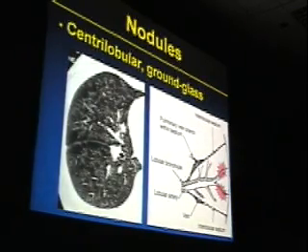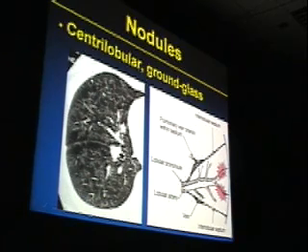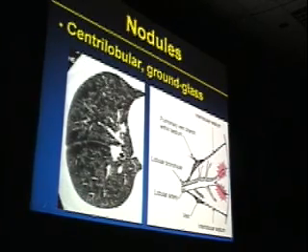This is a different appearance, though, and a fairly distinctive one. Here we have ground glass nodules in the center of the secondary lobule. I think you can see it best right up here. This is a secondary lobule. You can identify it by its polygonal shape. The septa are not thickened, but within the center of that lobule, we have this puff of smoke, or ground glass nodule. We see some other ones, perhaps a little bit more involvement of the lobule here. Perhaps the entire lobule is involved here, but out here peripherally, you can see very nicely these centrilobular areas